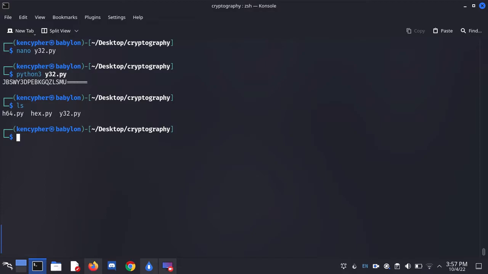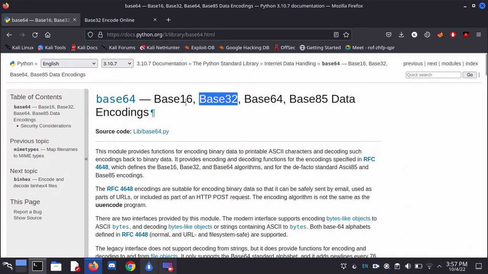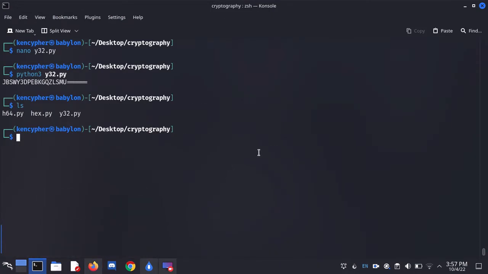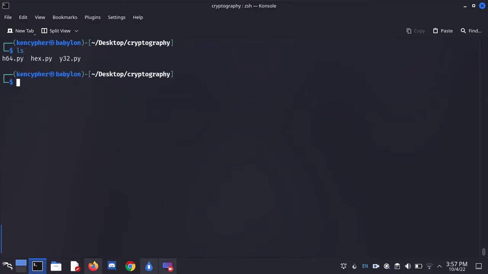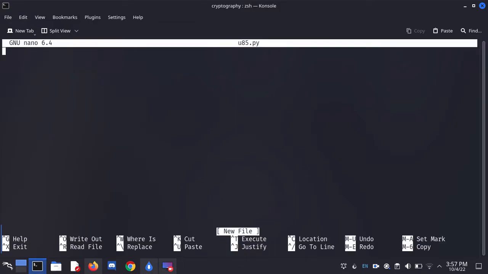Let's see, we have base 64, we have hexadecimal, which is base 16, we have base 32. Now the only things remaining are base 85 and base 58. Base 58 is not given here, so we're going to do it in the end, and it is done by some special stuff. So let's just name it u85.py. I'm just going to import base64 as usual, and then do encoded_str and base64.b85encode, and I'm going to say